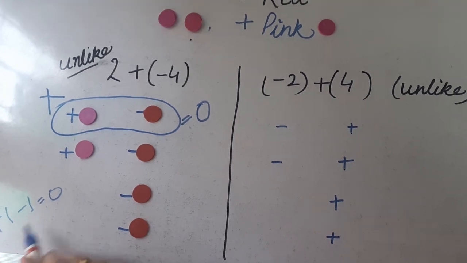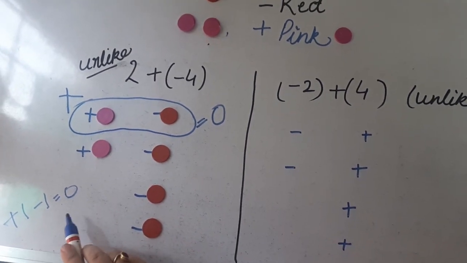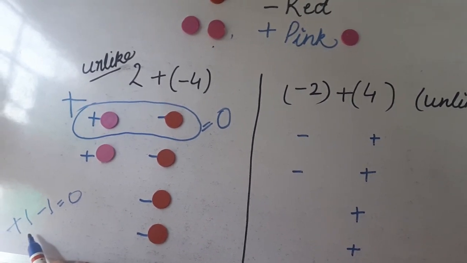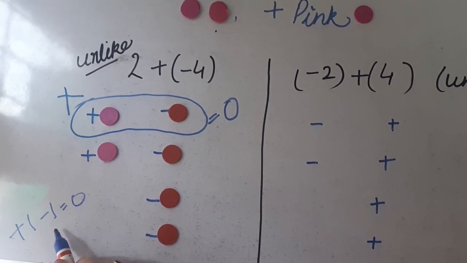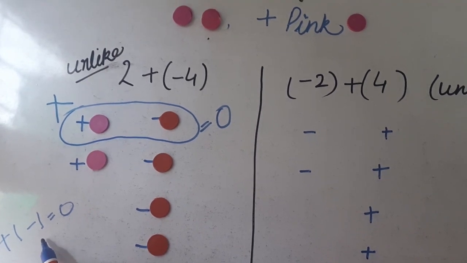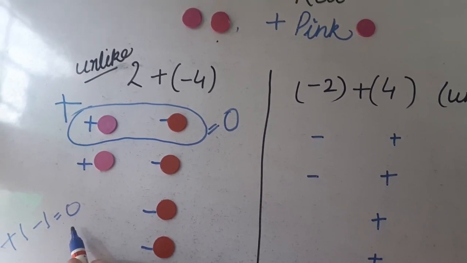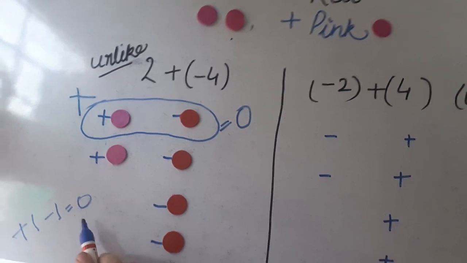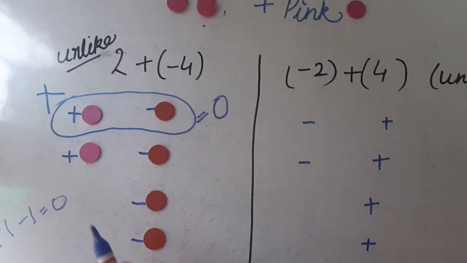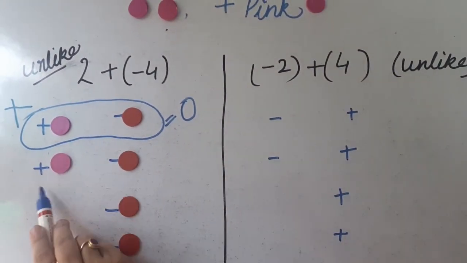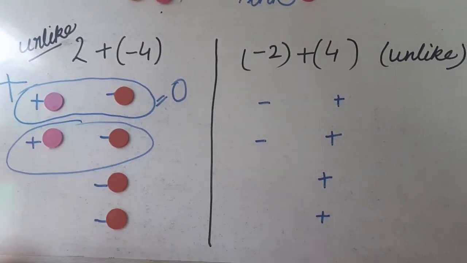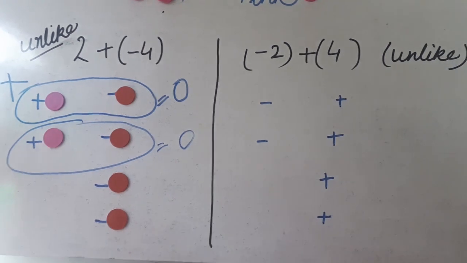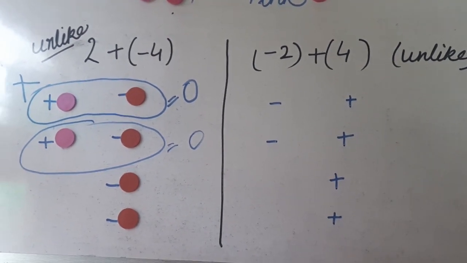Okay, I hope you understood this, why I am going to make it 0. Suppose you have one thing, one pencil you have, and you have given one pencil to your friend. Then you have no pencil. 0 pencil you have now after giving pencil to your friend. Same in this case, plus 1 minus 1, that would result into 0.